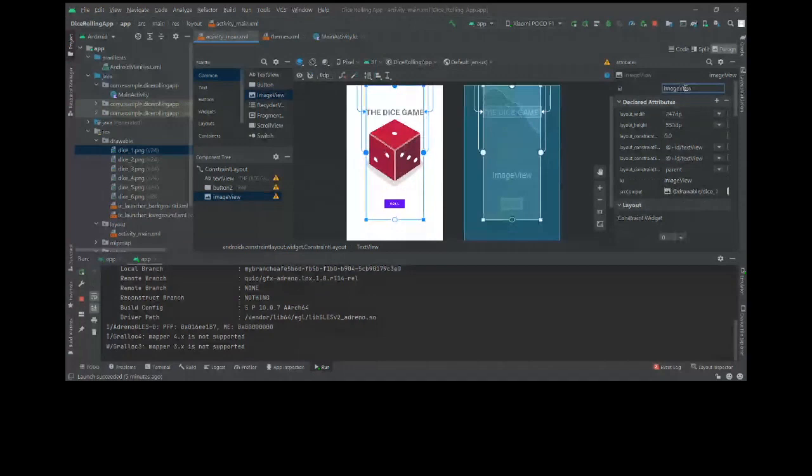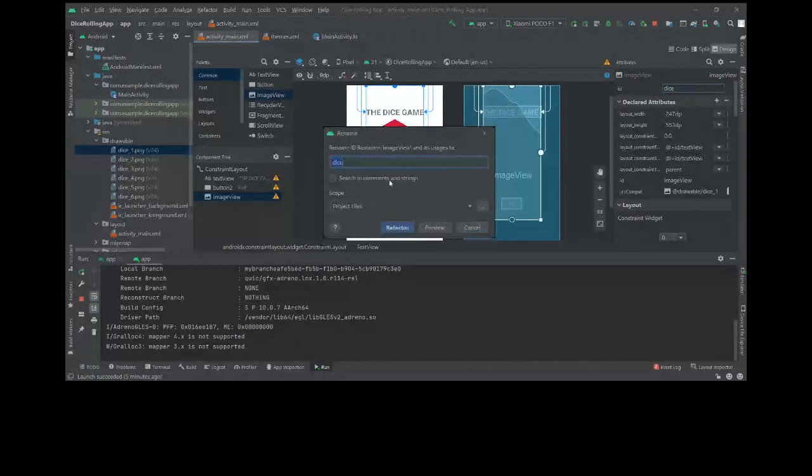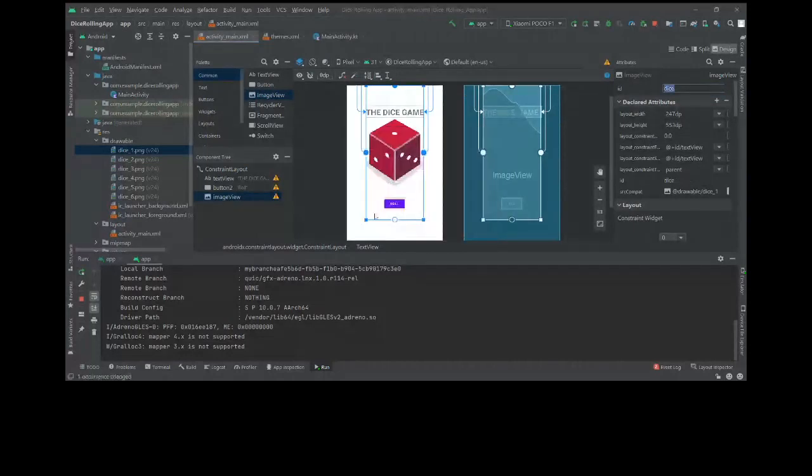If you change this and press enter, Android Studio will automatically ask if you want to change the occurrences everywhere in your project. If you just press refactor, it will automatically change the ID wherever it occurred to dice. That is what refactor does. It is a very useful tool.